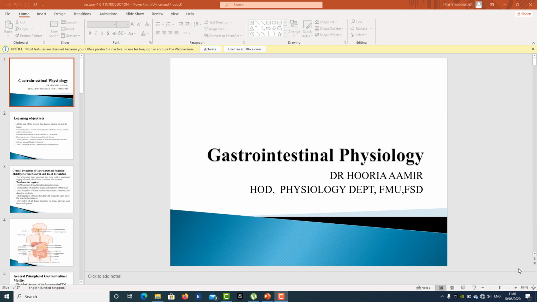Although this topic is lengthy but quite interesting, and I hope all of you will do it regularly with me so that the subject will be easy for you. So, let's talk about what is GIT physiology and